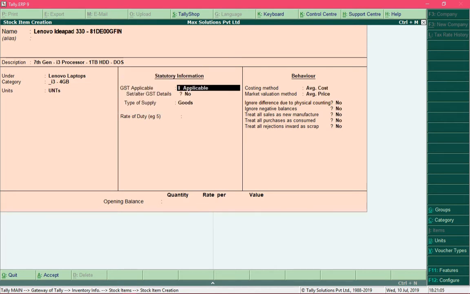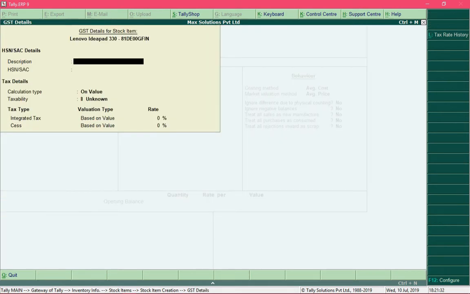Alright, so now in the field statutory information, we need to specify whether GST is applicable on this product or not. Yes, GST is going to be applicable on this product, so I'm not going to change the first field over here. In the field set or alter GST details, if you change this option to yes and press enter, you would be asked to provide the HSN details and the tax rate for this product.